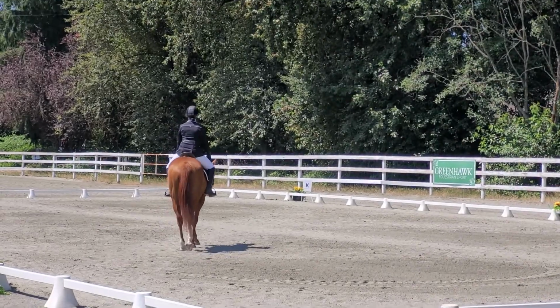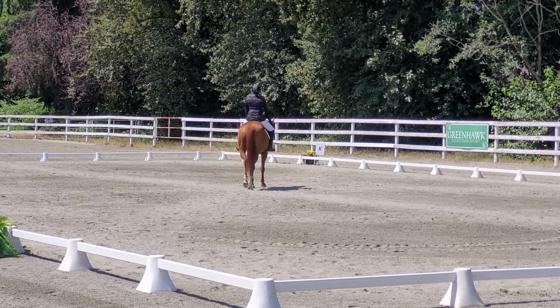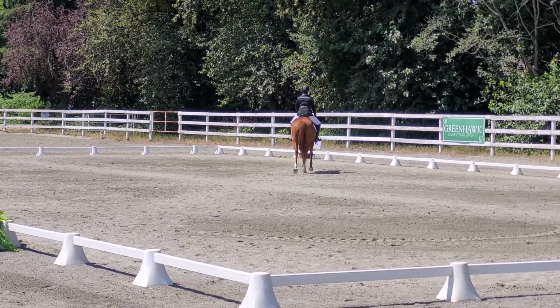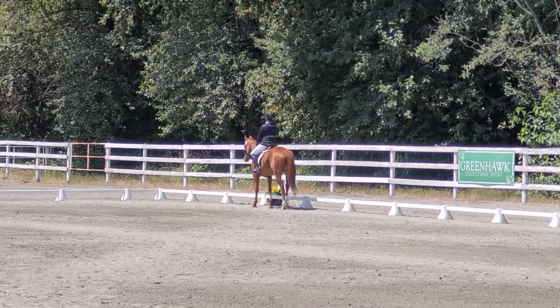Here we go on our MXK, change rein in free walk on a long rein. And she said we need to overreach a little more, or a lot more, because we're barely tracking up, and gave us a 6. I was really happy that she just stretched into the bridle because she never used to, so